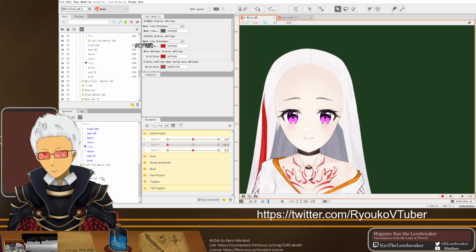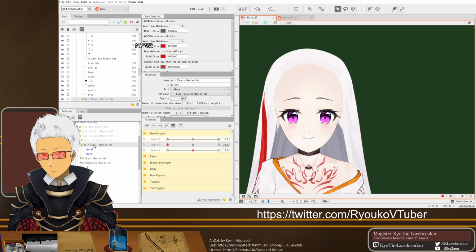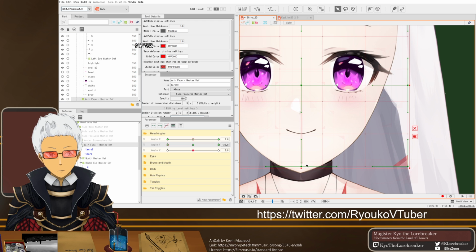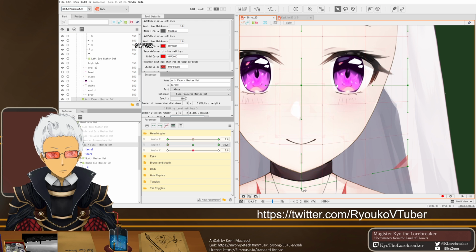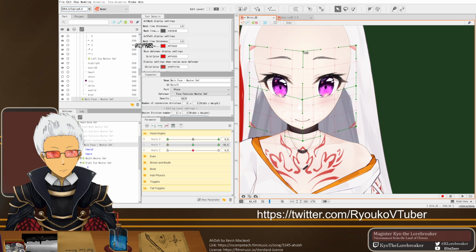And now going downward. Face Master Deformer. Angle it, or add the parts. And with the head going down like this, let's get this turned off. Pull it down maybe right here. This might be a bit much.